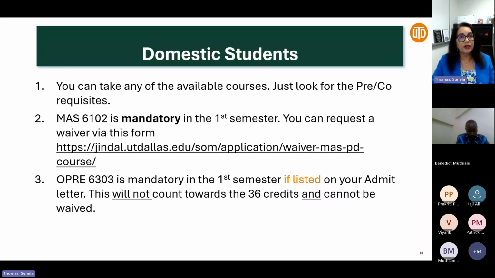If you did not have a background or you lacked the courses in your transcript for calculus or statistics or something like that, in your admit letter, if you saw OPRE 6303 as mandatory, then it is something you have to take. It's a prerequisite, which is not counted towards the 36 credit that is required for the program.